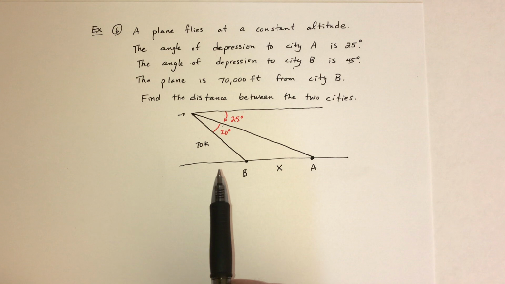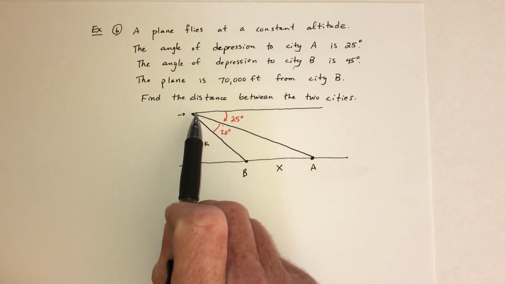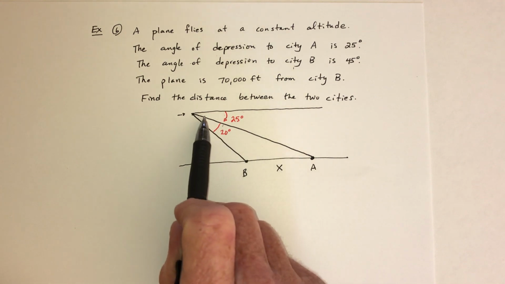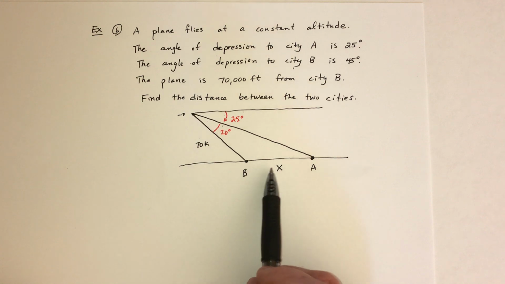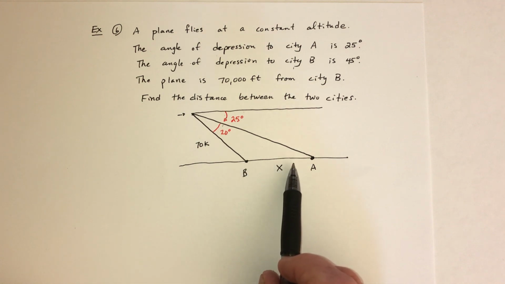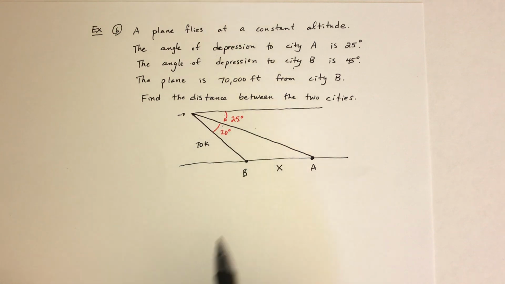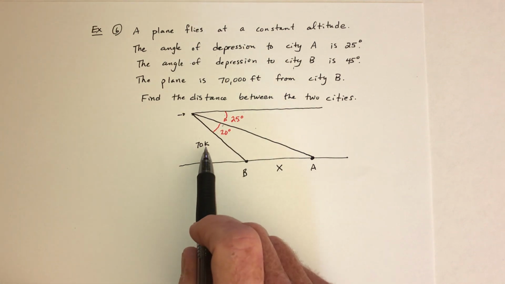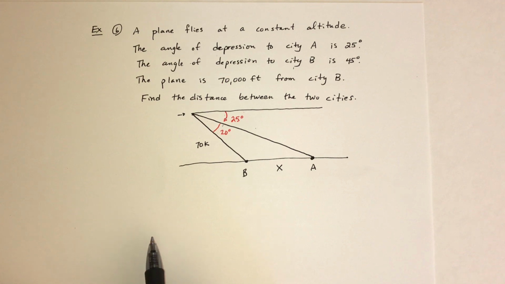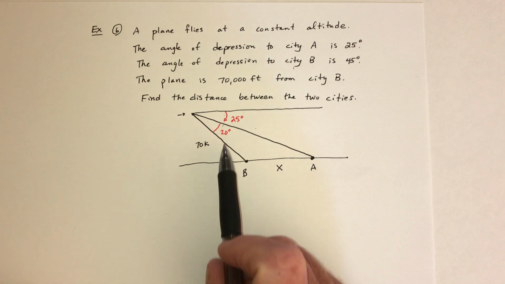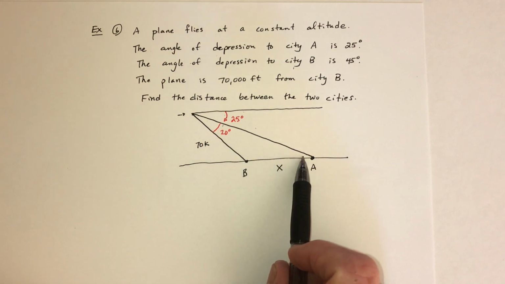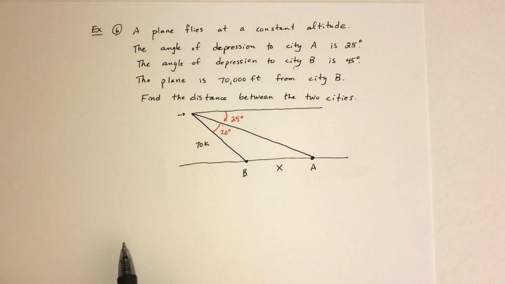But with this one, I'm not going to be able to use law of cosines because this side is missing. And this side is missing. With law of cosines, you have to have 2 out of the 3 sides. And we only have 1 out of the 3 sides. So I'm thinking it's law of sines. But then again, with law of sines, you need 2 angles. And right now, I only have the 20 degrees. But we can use that idea that we used on the last one because